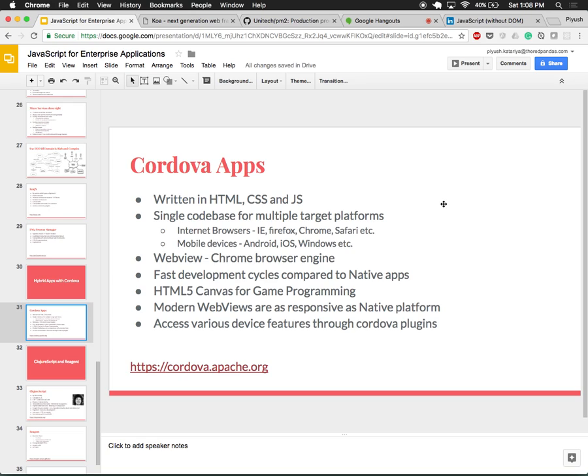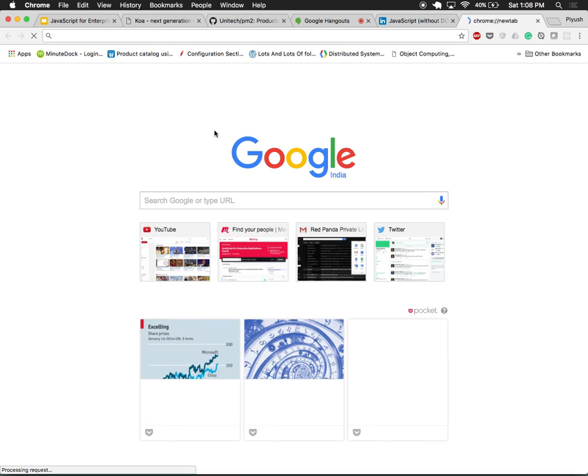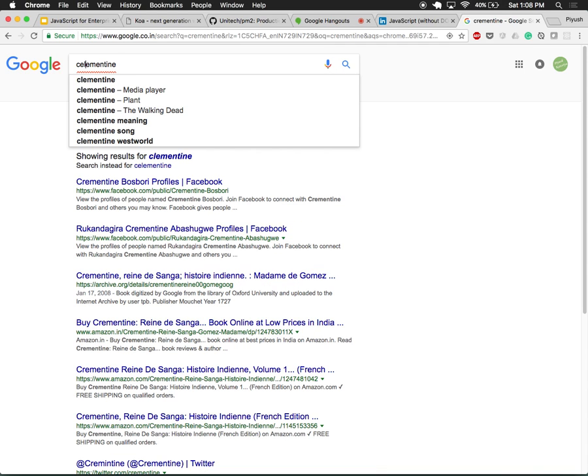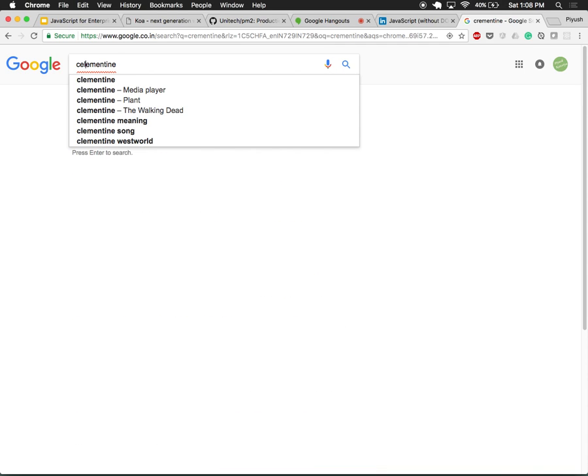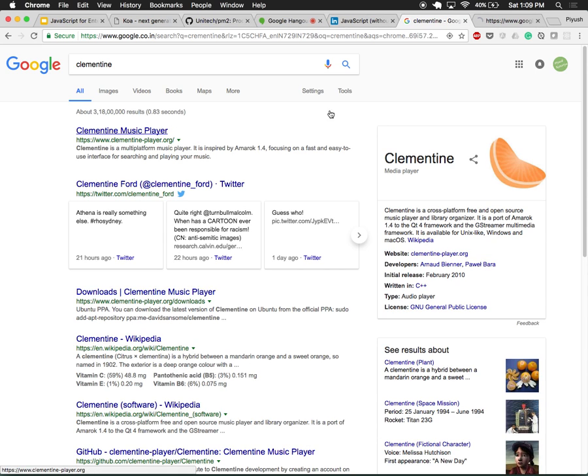I used to contribute to Clementine, the music player, which was written in C++. Clementine, the media player.